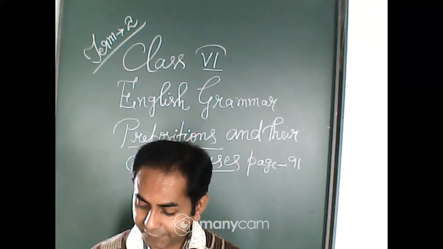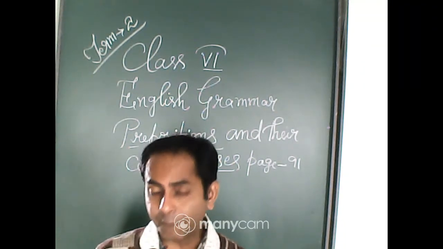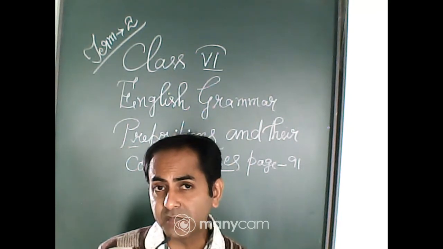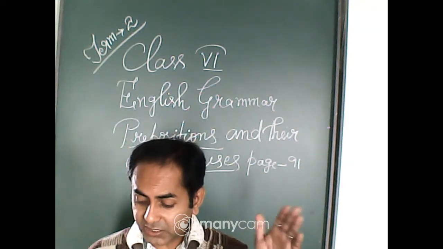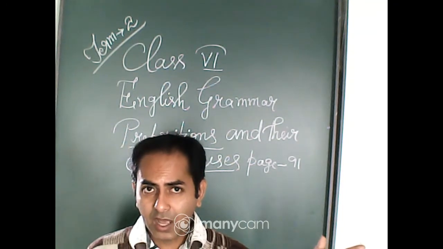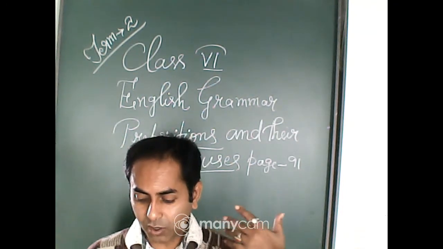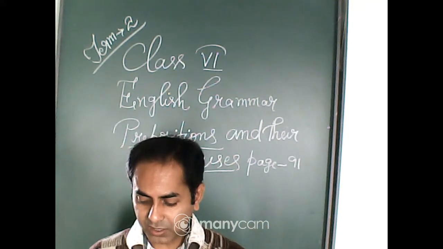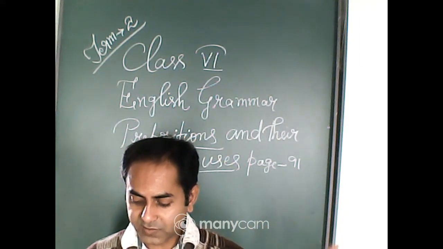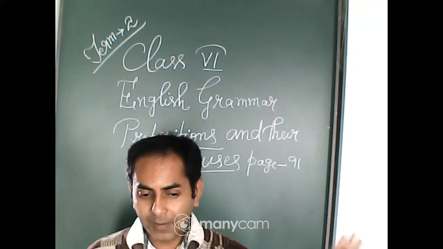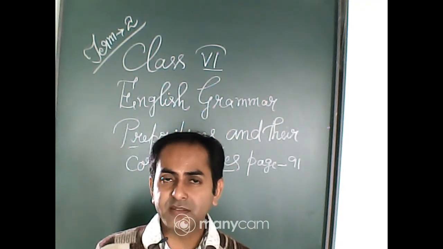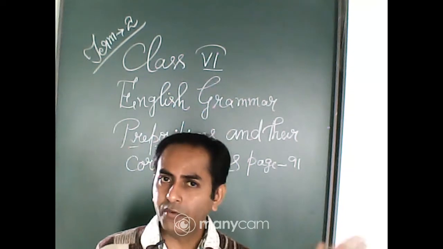Underline: "Besides the teacher, everyone was tired." So, apart from the teacher; here besides the teacher means apart from the teacher. Apart from the teacher means that only the teacher was not tired. Other than the teacher, the rest were all tired. "Besides the teacher, everyone was tired." So only the teacher was not tired, but all others, other than the teacher, were tired.